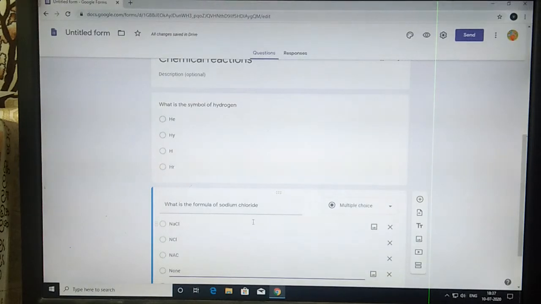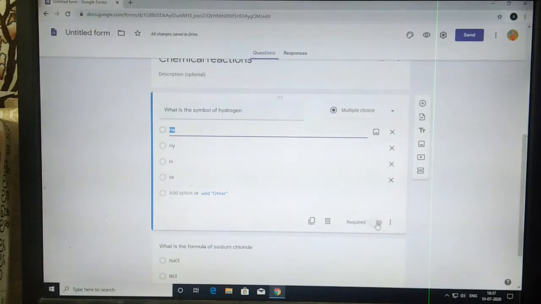So here I wanted to give only 2 multiple choice questions for the children. Afterwards, if you want to make any changes, you can make them. I just want to show only 2 multiple choice questions here.